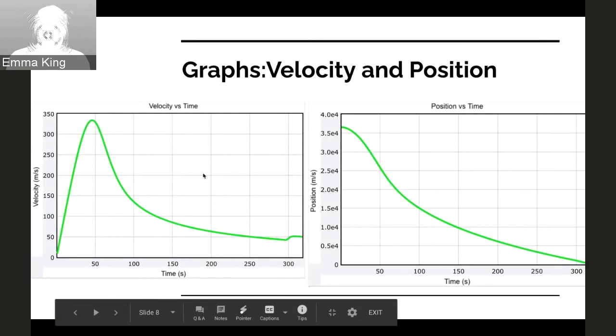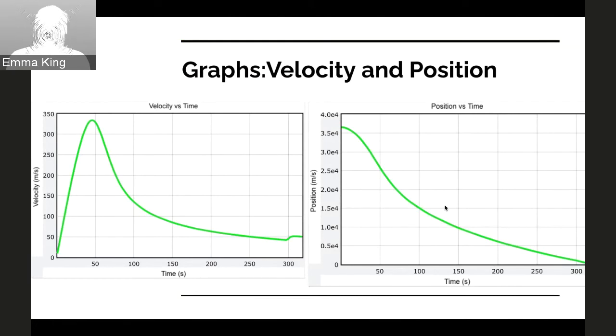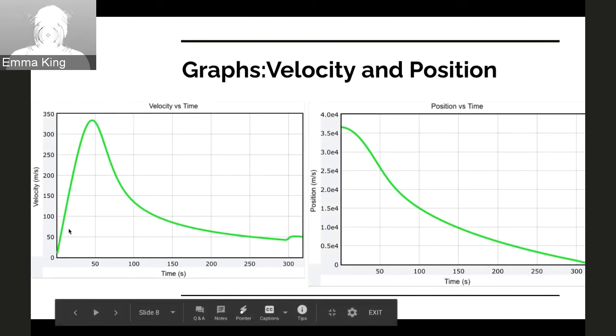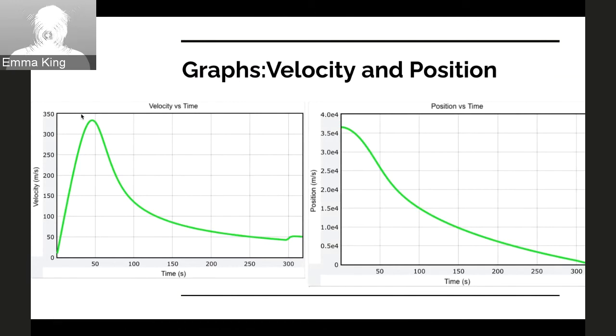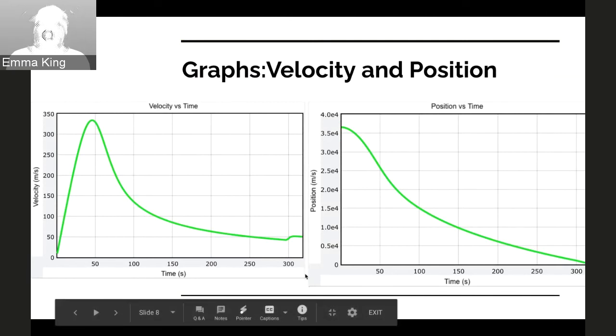So this is what my graphs ended up looking like. We have the velocity versus time graph on the left, and the position versus time on the right. As you can see, at the beginning he's moving the fastest and his acceleration is really high, because that's the least dense air, so he can move the fastest through it. Then as he gets closer and closer to Earth, it starts to taper down, because he can't move as fast through the